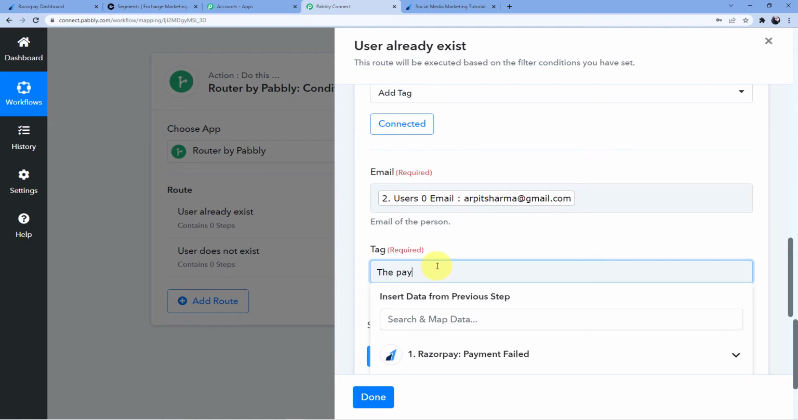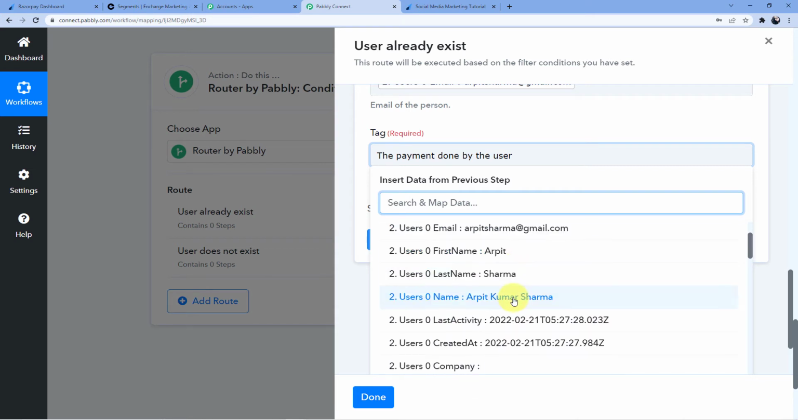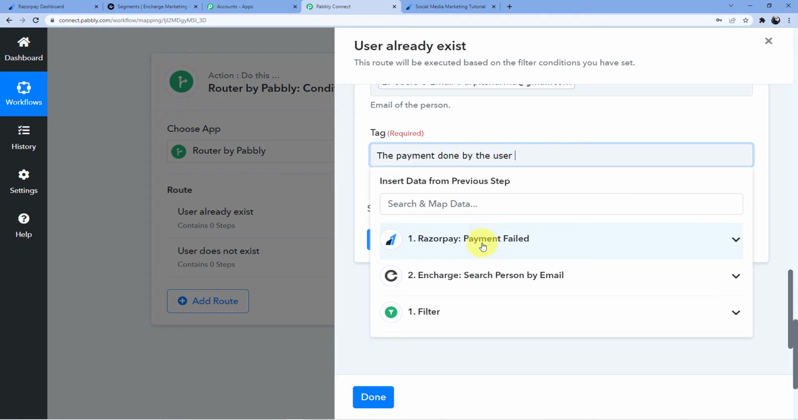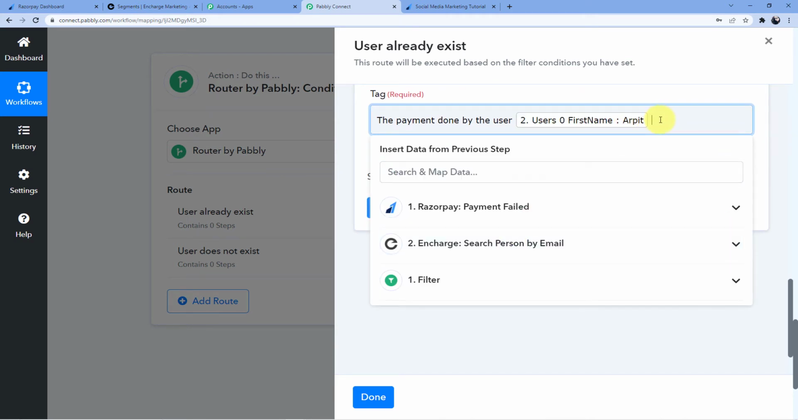The payment done by the user. And now again, I'll use the technique mapping. Arpit Kumar Sharma. Okay. If you do not have this Arpit Kumar Sharma here, it means that the person must have not used his name on card, or he must have used something else. So what you can do, let me delete this. You can just take the first name and last name. So we will go for first name, enter,